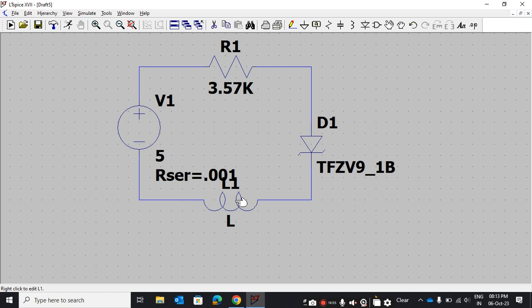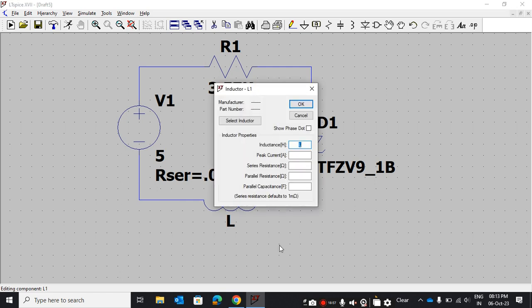Same for the inductor. Right click here, you can set the inductor value here, in Henry. If you want micro Henry, just write 1 micro, it is enough. Henry it takes automatically, and if you want 1 Henry, then only write down 1.